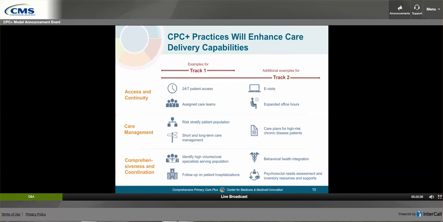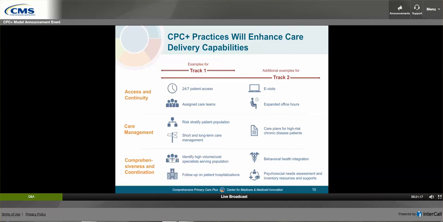Care management is for high-risk, high-need patients, and it's a hallmark of comprehensive primary care. Practices will identify patients for care management in 2 ways. One, they'll systematically risk stratify their empaneled or assigned population so they can identify the high-risk patients most likely to benefit from ongoing longitudinal care management. Next, they will identify patients based on event triggers, such as a transition of care or a new diagnosis of a major illness. For that, they will provide short-term episodic care management regardless of overall risk status.